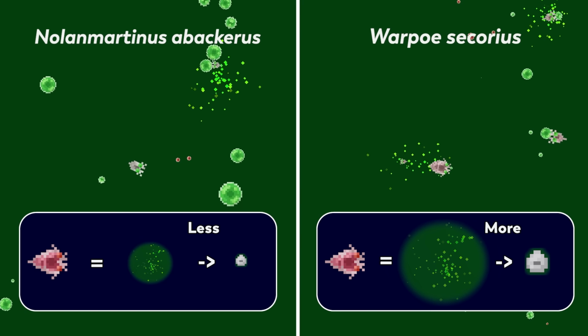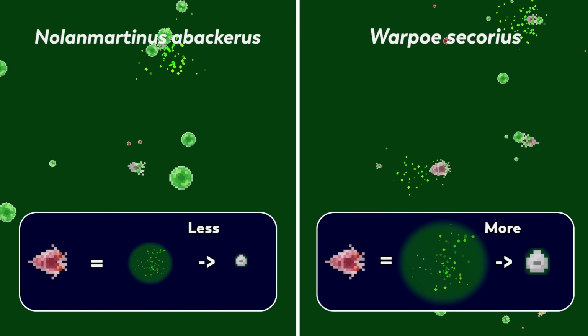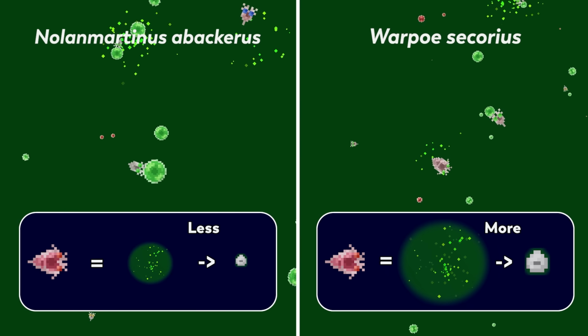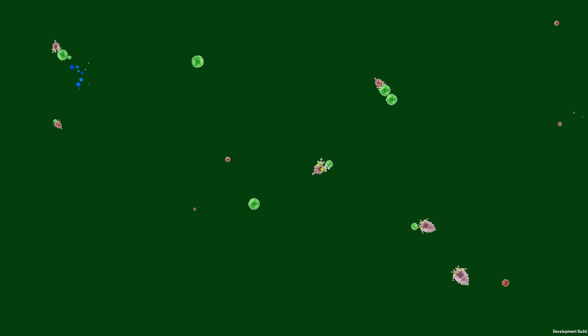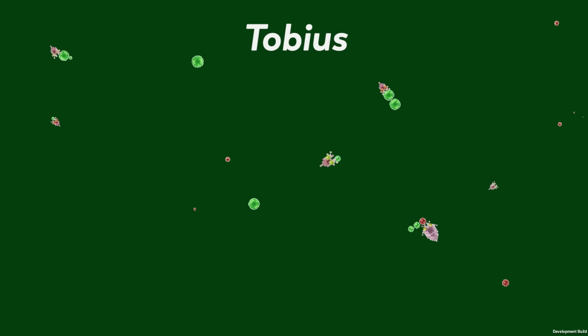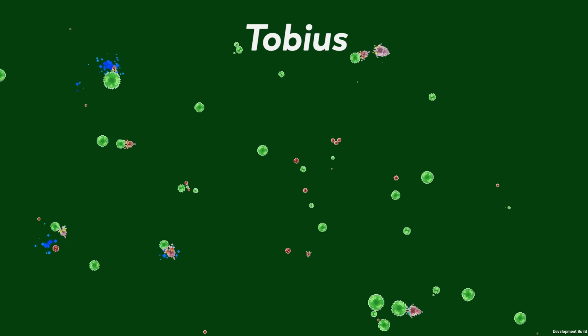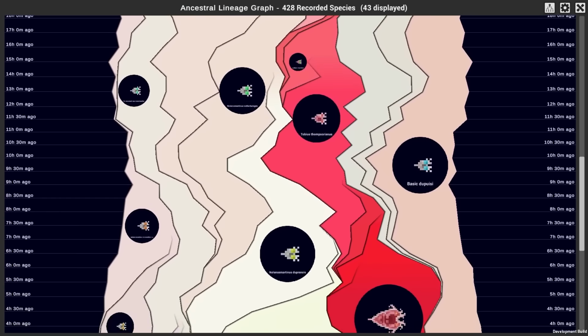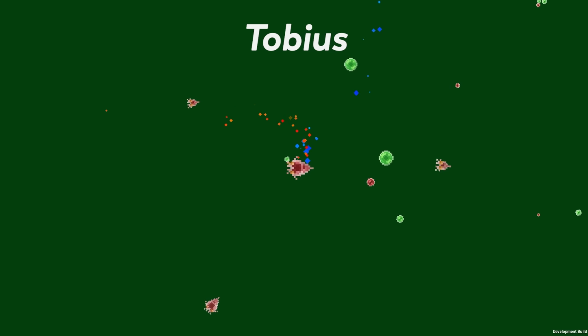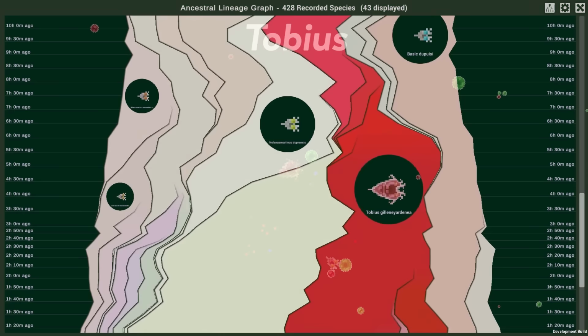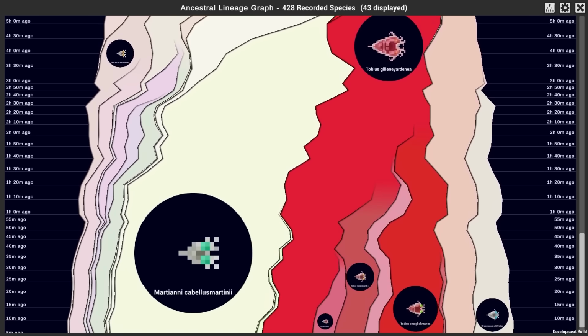As they both relied pretty heavily on those pheromones, this perfect storm of environmental incentive drove the appearance of a new lineage, the Tobias, descendants of Warpoe, now in a race toward a redder population in order to disrupt the abacarus life cycle. This unique advantage led them to outcompete abacarus and completely colonize the denser regions, spreading their vibrant hues to our eye's satisfaction.